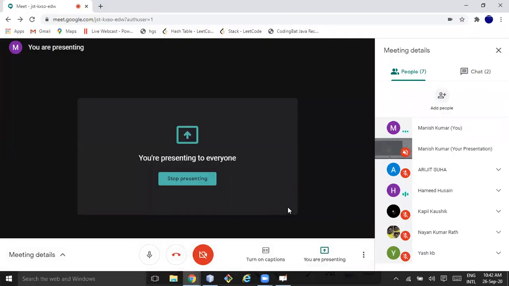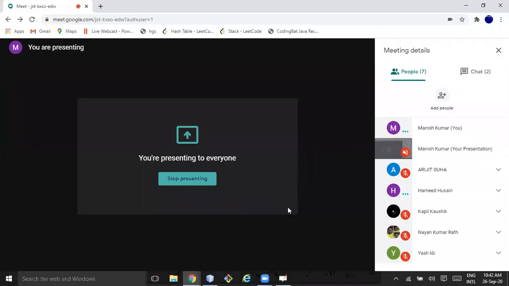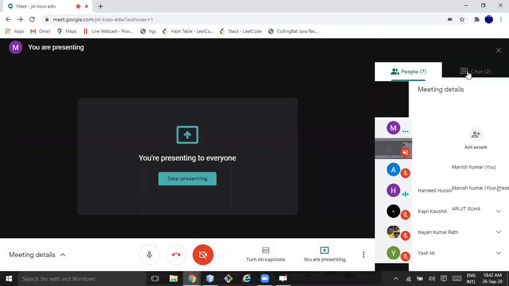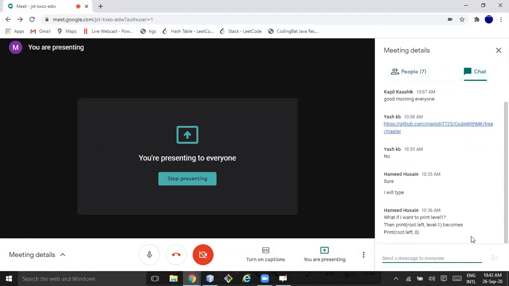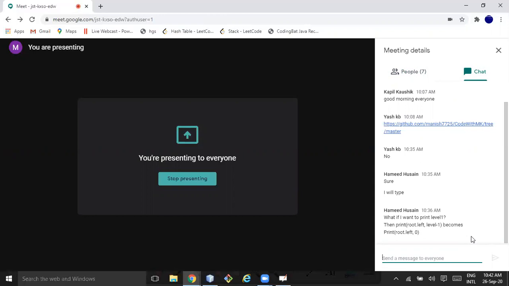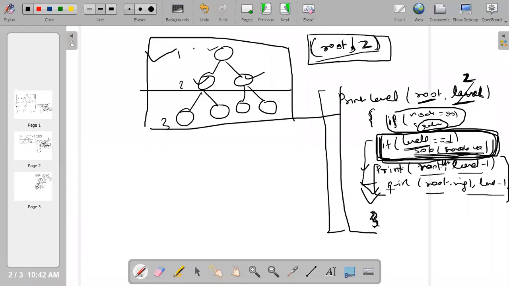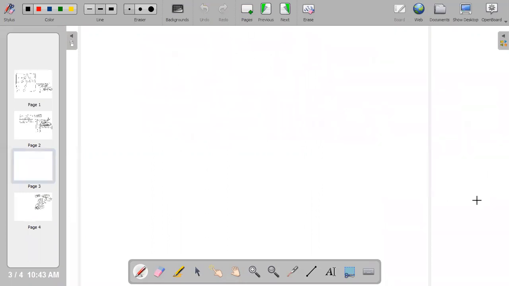Okay, so just one question. If I want to build a root node, how does it work with level minus 1 for root of left? In that case, will it be 0? Let's say I'm thinking level 1. So it has print of root of left, level minus 0. I want to print the root node, but you don't have a condition for 0. Okay, I'll create one stack trace so it will be clear. Don't worry, your question will be answered automatically.